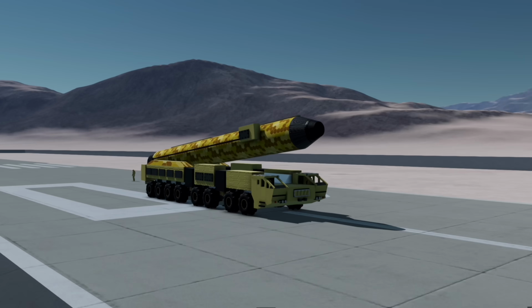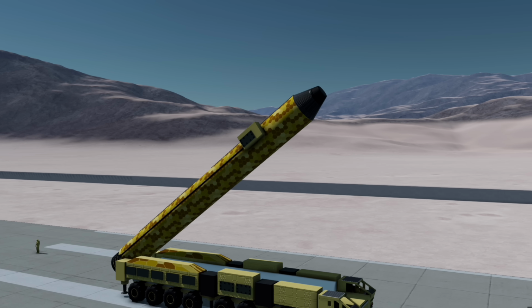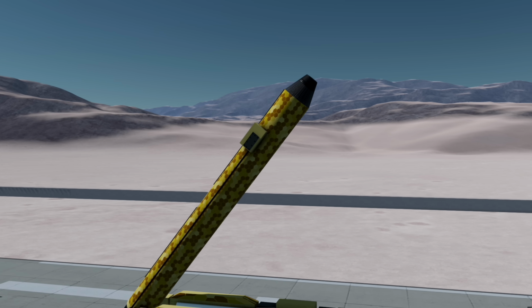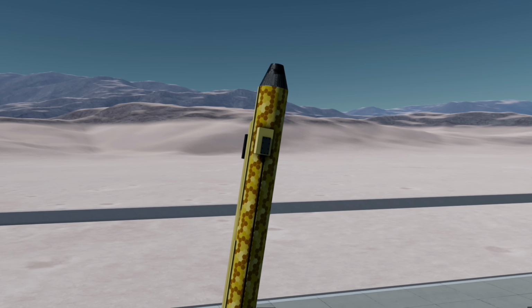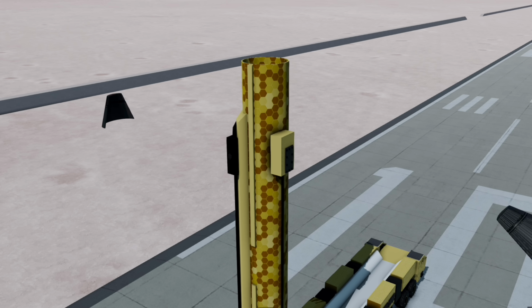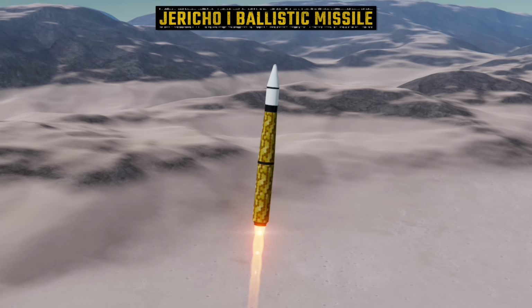Israel's ballistic missile program dates back to the early 1960s. In April of 1963, several months before the Dimona reactor began producing plutonium, Israel signed an agreement with the French company Dassault to produce a short-range surface-to-surface ballistic missile. The missile system became known as the Jericho, and the program was completed in the early 1970s, producing 24 to